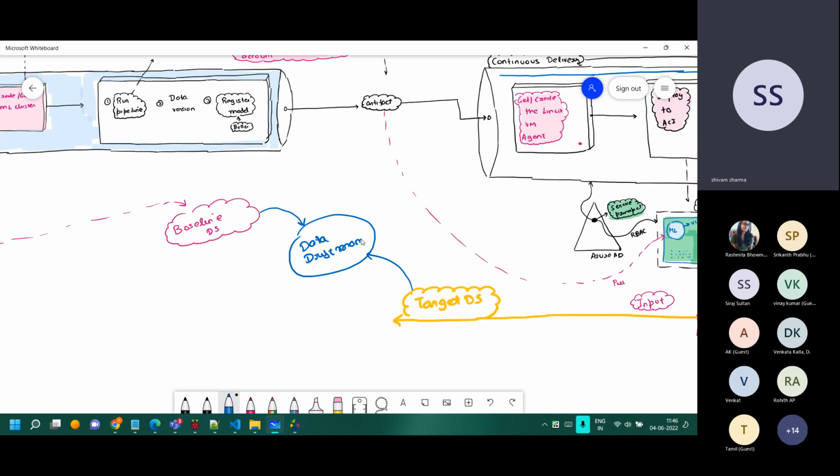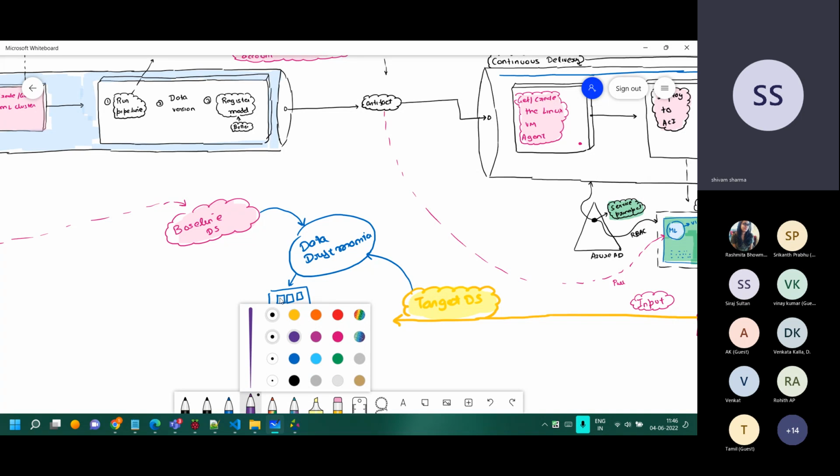Now, this data drift monitor is the one which needs to be scheduled. You have to schedule it, so it will run on some day as such. Whatever frequency you want, you define it. So it runs on that day. What it basically does, it takes both of them as the input. Baseline data is one of the inputs, the target data is the other, and it finds the drift between them, the drift in the data spread, or you can say drift in the data itself.